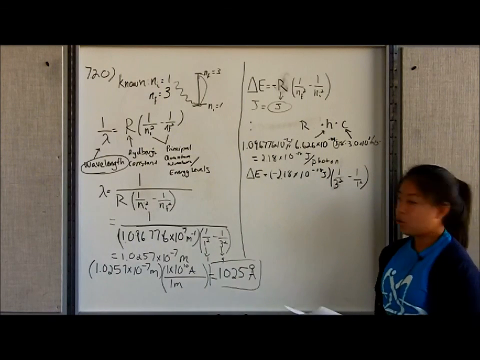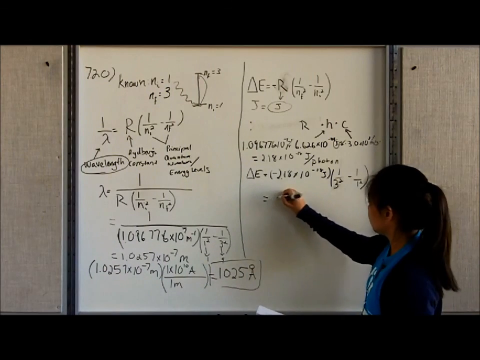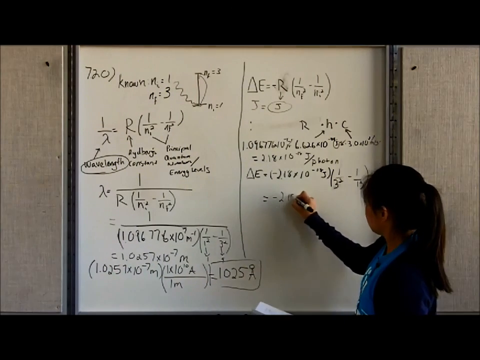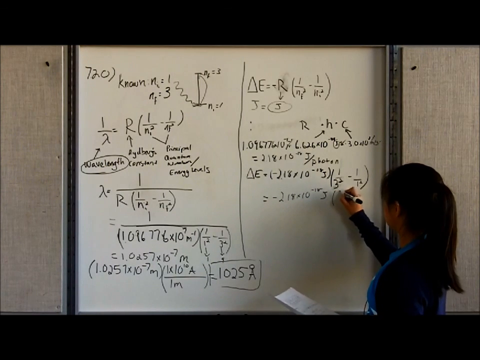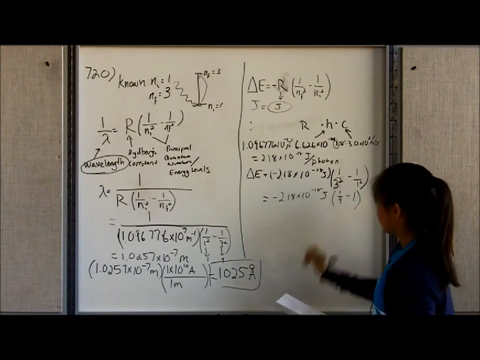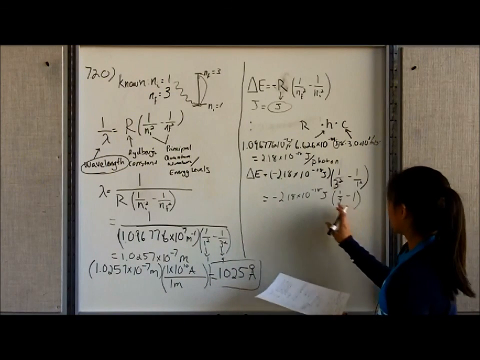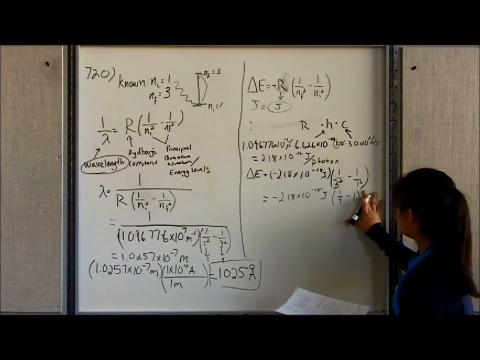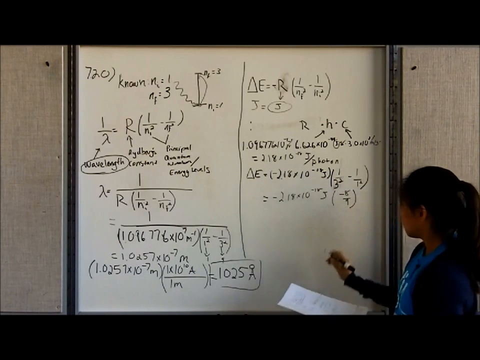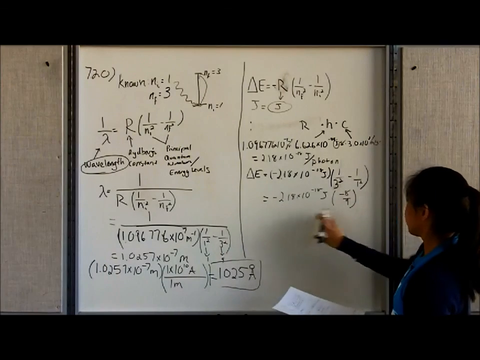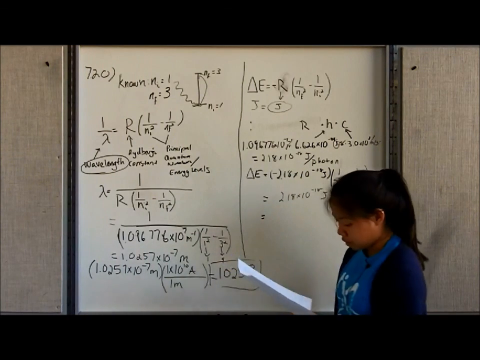Okay, so now let me just simplify this part down. So you have essentially 1/9 minus 1. If you keep on simplifying it down, you'll get essentially negative 8/9. And these negatives will cancel out, so you can erase these negatives here. You get a positive answer. And so when you do this, you're going to get